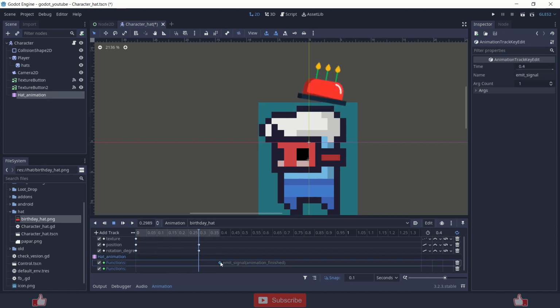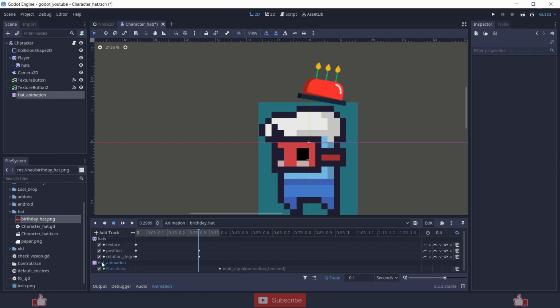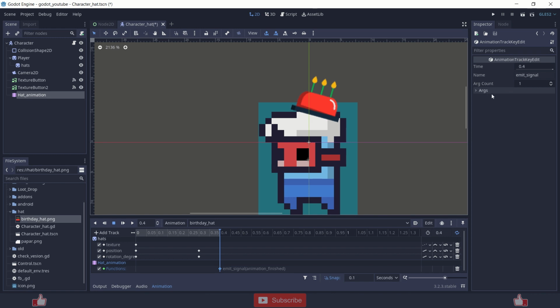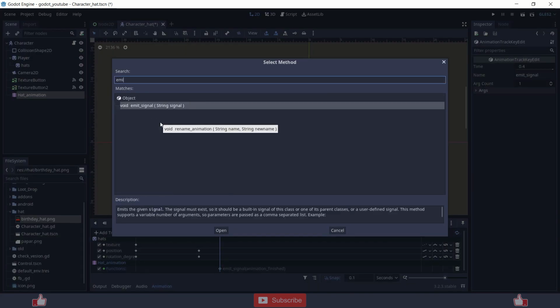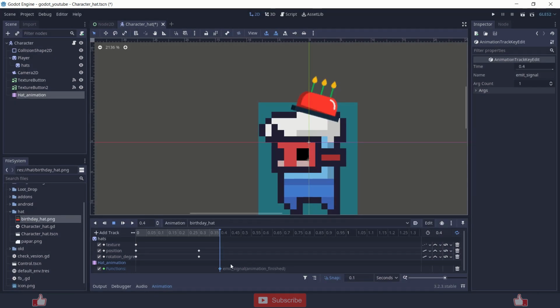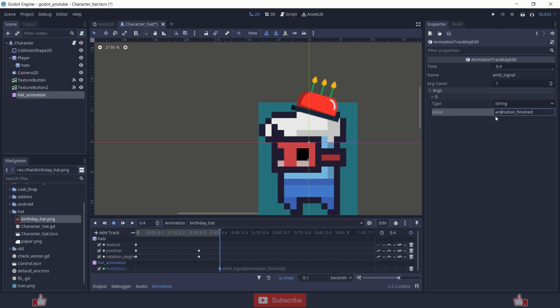And at the last frame I am using an animation player function, and I am just emitting a signal called animation finished. You can just add a track using call method and right click insert key, call emit function, and when you see a green key, just click at that, and in the argument section just change the value and rename it with a specific signal or whatever you want.